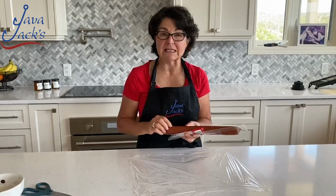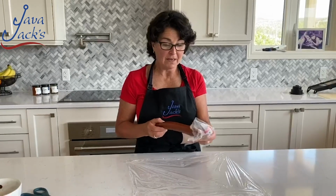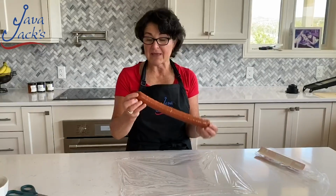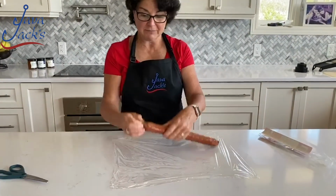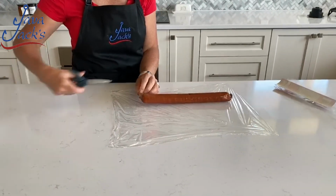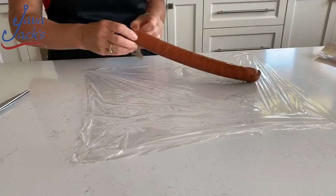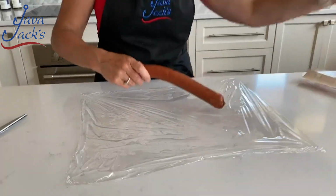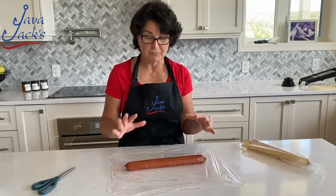When you slice your pepperoni, if you have one of these types of pepperoni, open up the plastic and take it off, take the label off. And inside here, there actually is what is called a fibrous casing. And that just keeps all of the pepperoni together, and it creates the skin when it's actually cooked. So you take that off. Now, in order for us to get really perfect slices, we're gonna crust freeze it. We're gonna put it in the freezer,